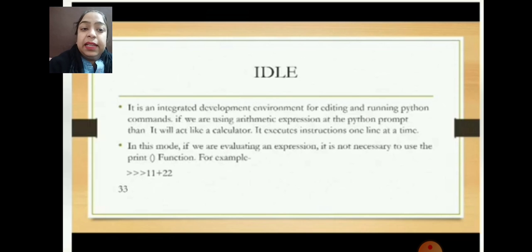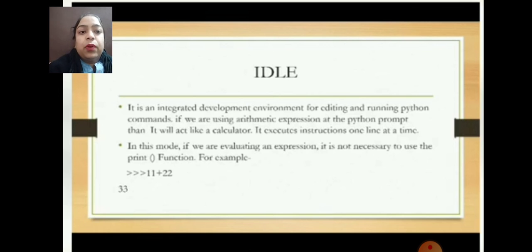It is an integrated development environment for coding and running Python commands. That means if you work with Python commands, for that purpose you use an integrated development environment. If we use an arithmetic expression at the Python prompt, it will act as a calculator. It executes instructions one line at a time.